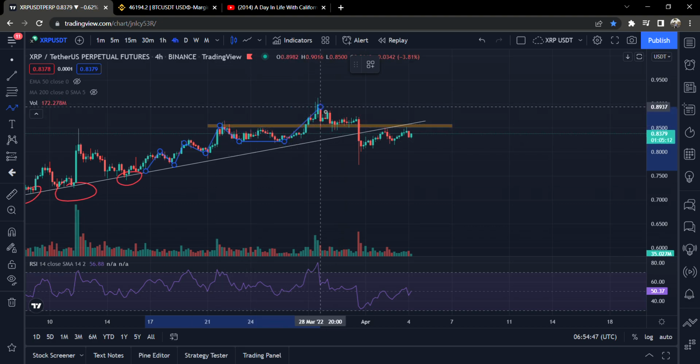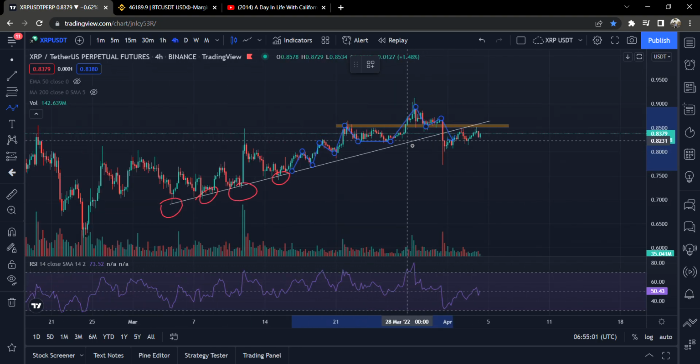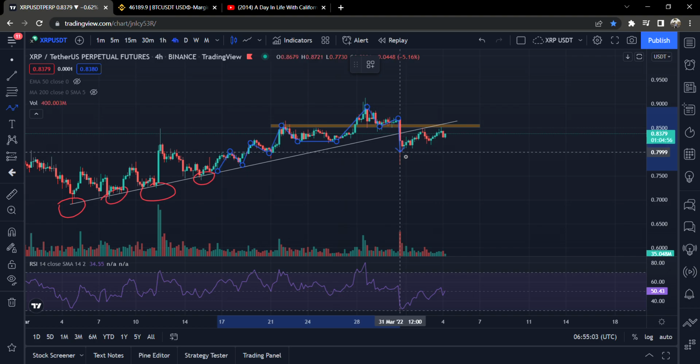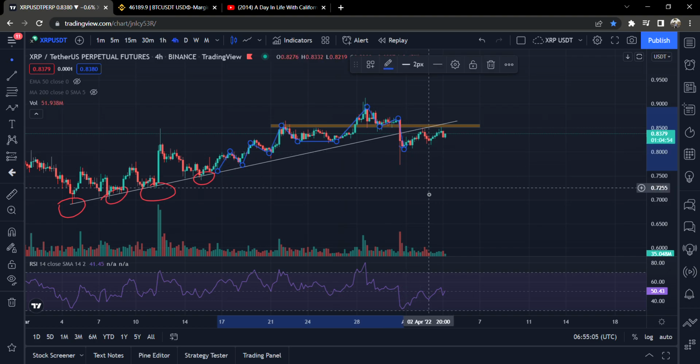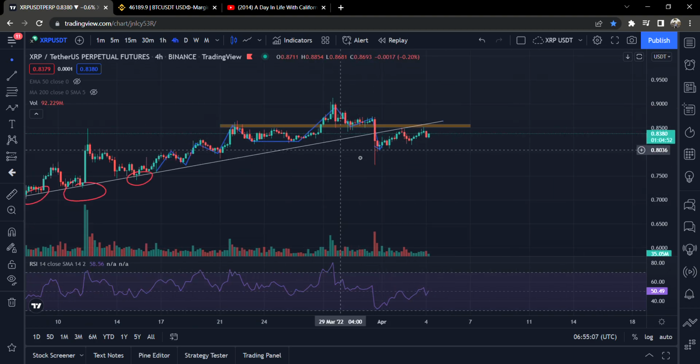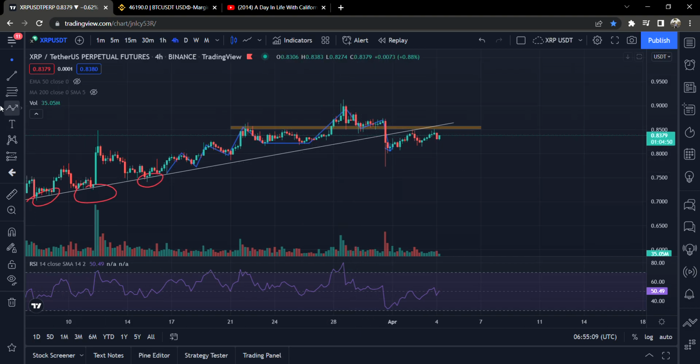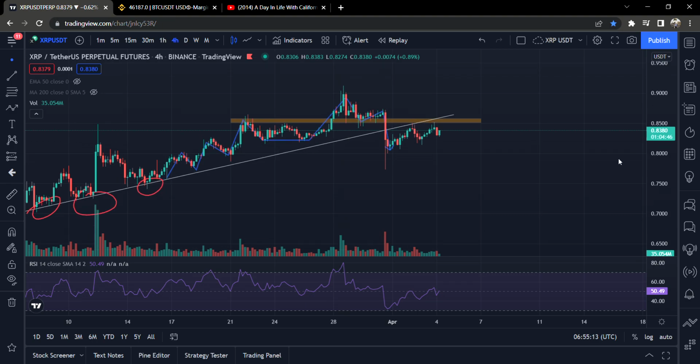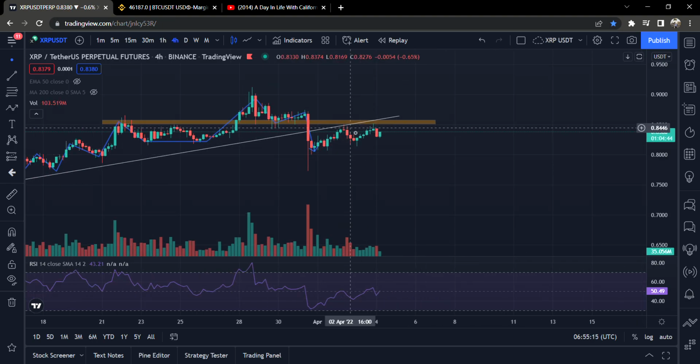Resistance zone. It came to this level. It acted as support. There was a huge rejection at this level. It moved up, but it failed to move up and broke this support zone and structure and trend line also, right? It also broke a trend line, right? And it is valid that it is making a reversal kind of pattern, right? And I'm waiting for the price to move up and give a rejection,